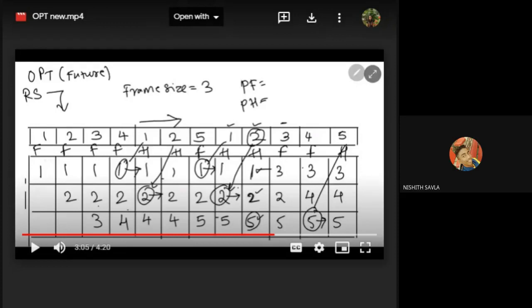अगर ऑप्टिमल को पता चला कि आगे कुछ रिपीट नहीं हो रहा है तो वो FIFO की तरह ही काम करेगा ना. मैम मतलब अगर 1 है और 1 आगे रिपीट हो ही नहीं रहा है तो FIFO वो 1 को रिप्लेस करेगा. Yes. तो एक तरीके से FIFO की तरह ही काम करेगा. Yes, it may. So everything depends on your string.